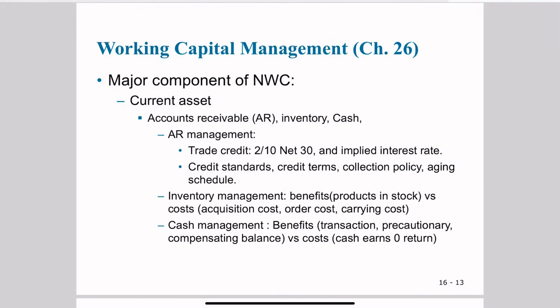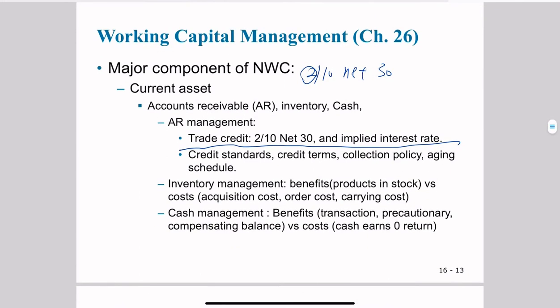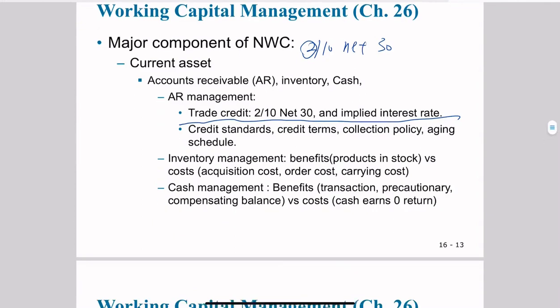So in the case of accounts receivable management, the important topic here is you have to understand trade credit terms, right? For example, if I give you 2/10 net 30, it means that your customer can pay as late as 30 days. But then, if the customer decides to pay at the 10th day, there would be a 2% discount. So this basically means you can calculate the implied interest rate, right? Because